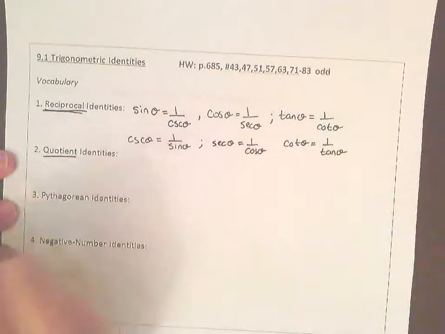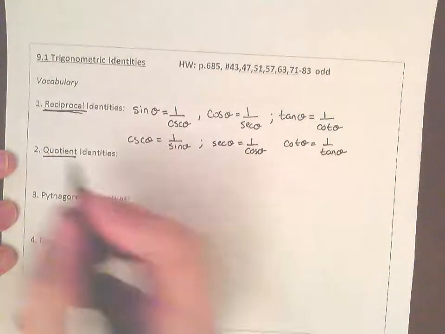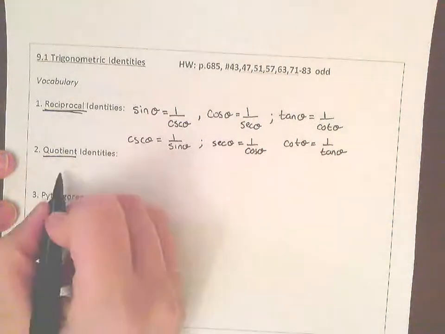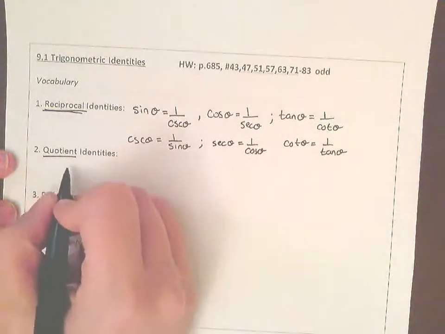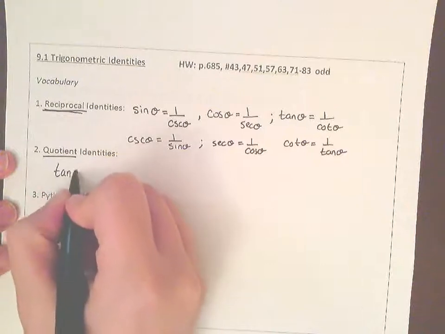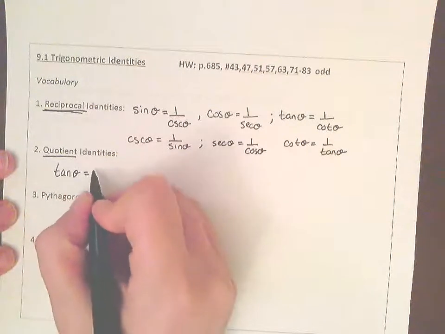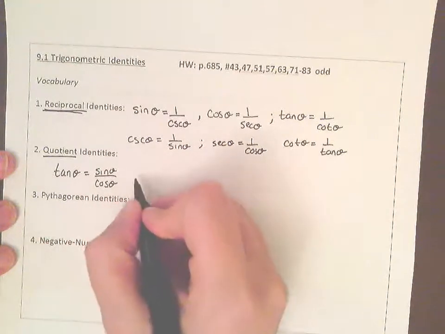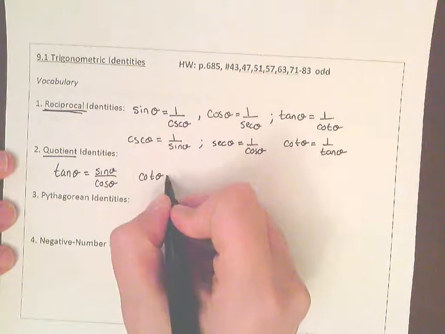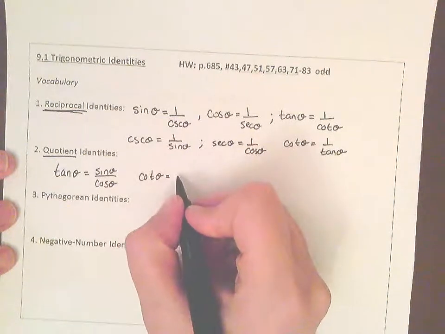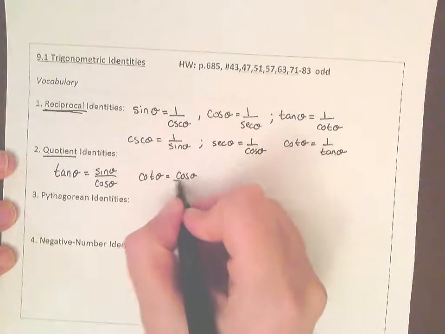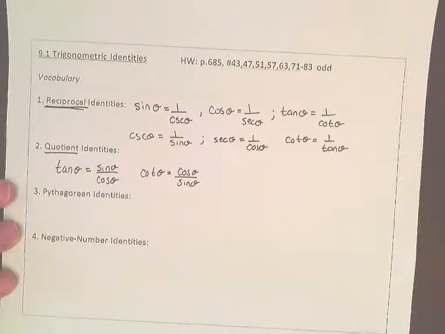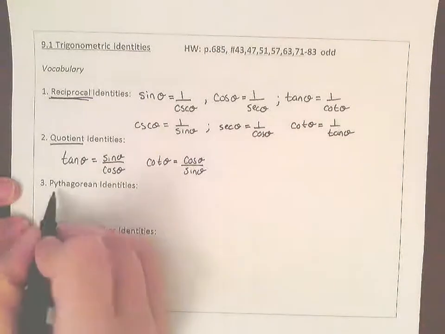Alright, the quotient identities are exactly what it states. They are identities that use division. So those identities are well known. Tangent of theta, its quotient is going to be sine of theta over cosine of theta. Cotangent of theta, its quotient identity is cosine of theta over sine of theta. Alright? Now the Pythagorean identities,